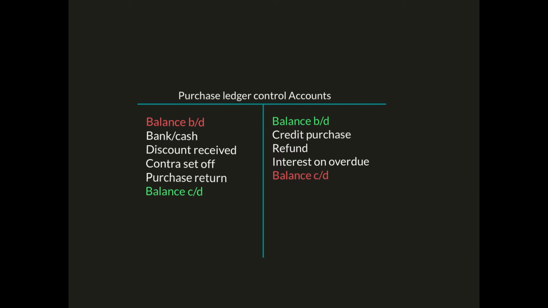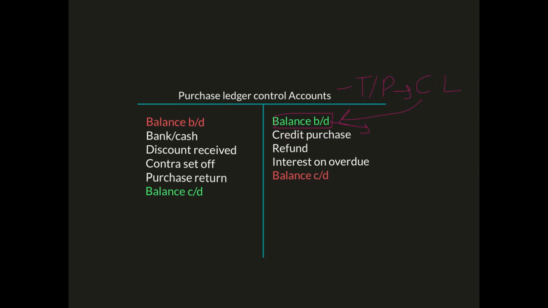So the purchase ledger control account is treated in a similar way as trade payables. What are trade payables? Trade payables are basically the amount which you owe to your suppliers. It's your current liability, and current liabilities have the opening balance on the credit side. Now what does the balance BD on the credit side represent? It basically represents the total amount that you owe to your suppliers.